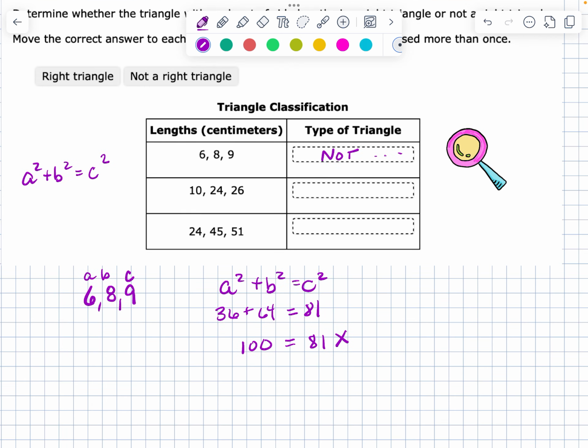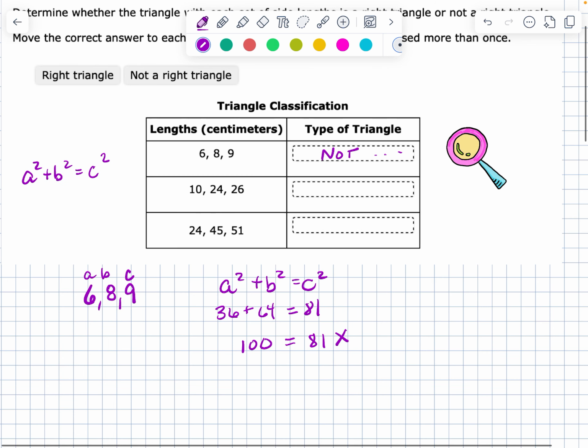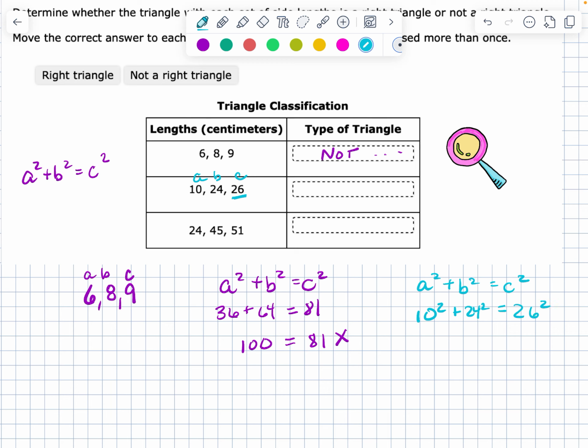All right, the next one, let me choose another color here. A squared plus b squared equals c squared. So I'm going to just label these again, A, B, and C. C is my largest number. That's the most important one to get right. So we have 10 squared plus 24 squared is equal to 26 squared. So 10 squared is 100. 24 squared is 24 times 24,